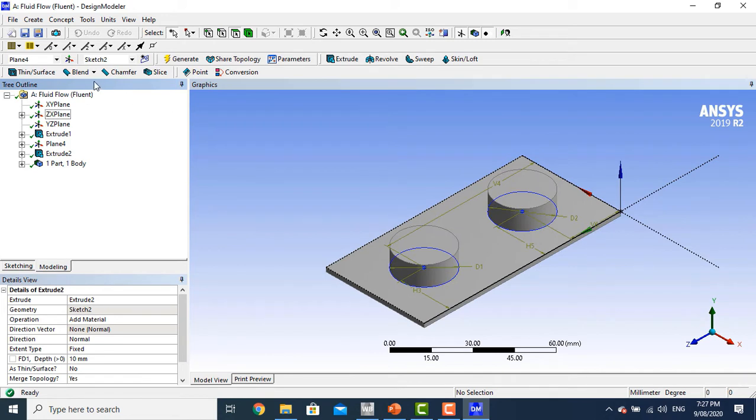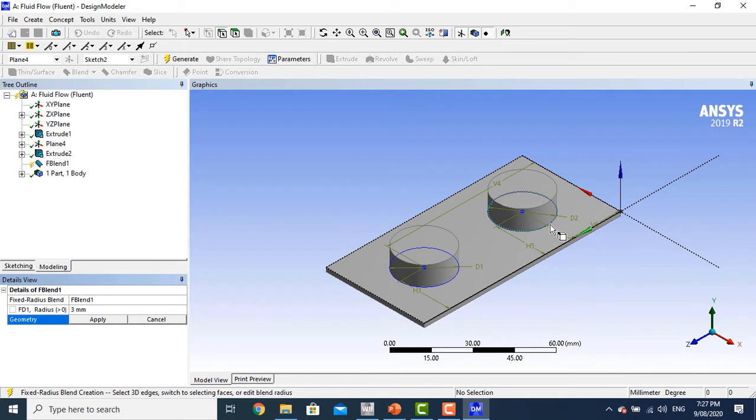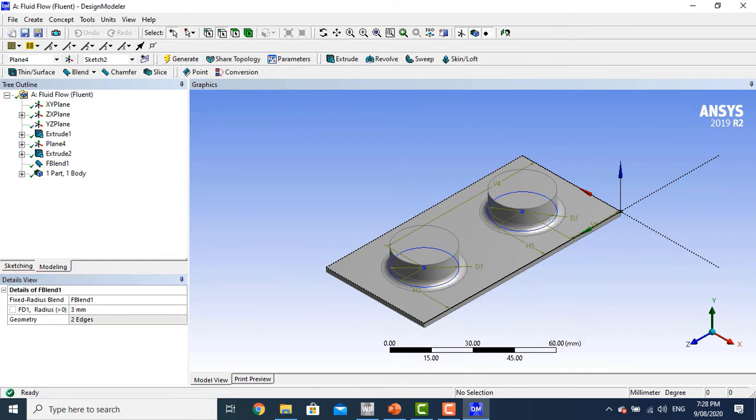After that, go to blend and click fix radius by selecting the edges on the plate which are connected with this cylinder, and set 3 millimeter radius. Click apply and generate. Here we get the geometry of the heat source. Now we have to make the geometry of the fluid domain. In order to do that,